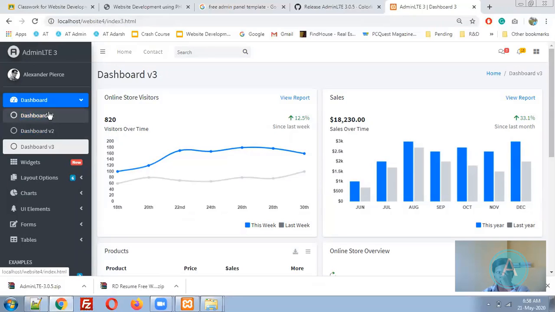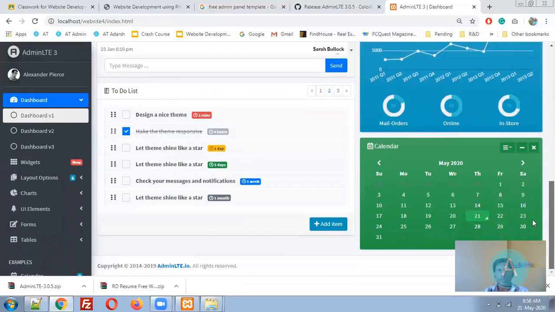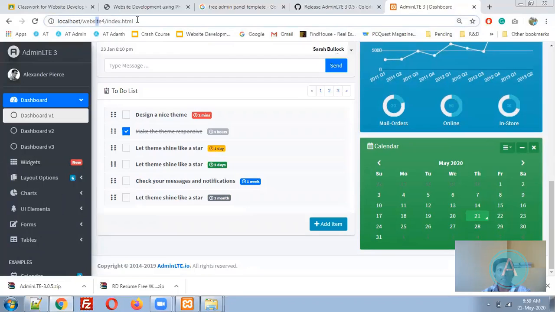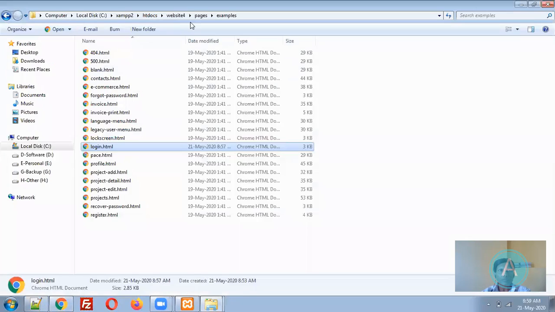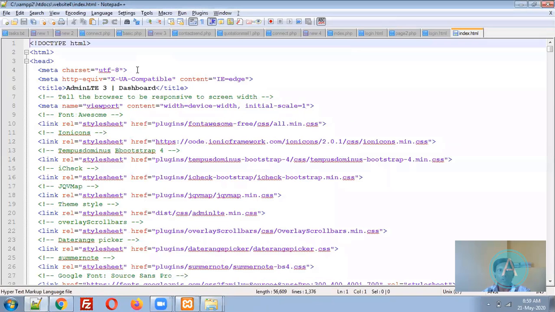Suppose in the case of dashboard 1, you don't want this particular thing. Let's say this to-do list, you don't want it. So what are you supposed to do? Just go to the index.php file, exactly inside website 4, index. I'm opening it in Notepad.